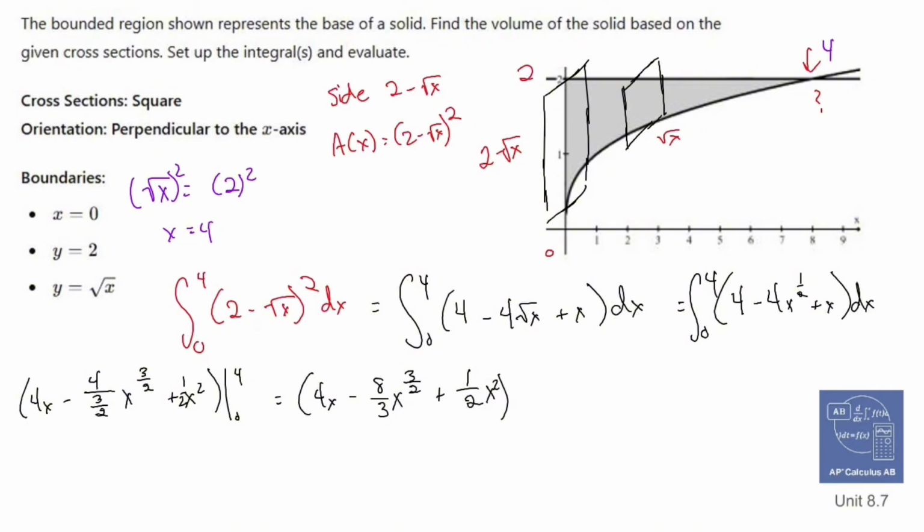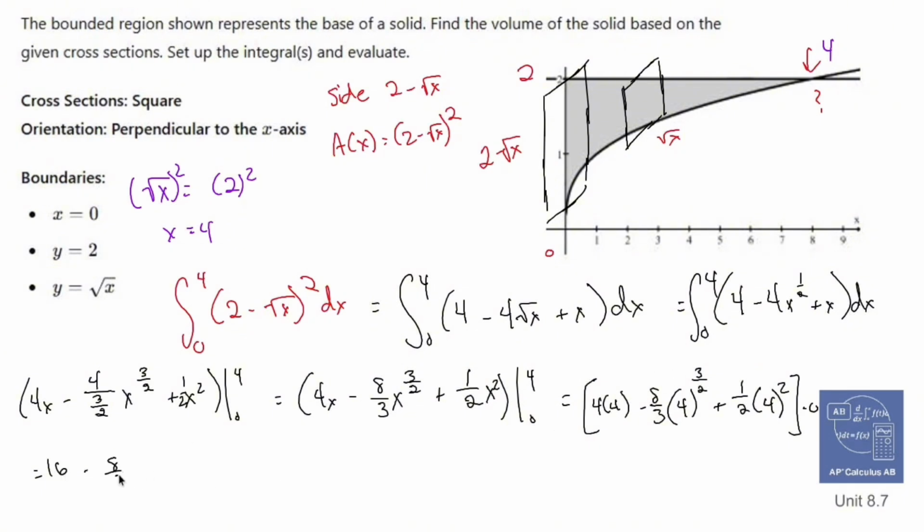Now the nice thing about this guy is, if there's a positive anywhere, here's a light at the end of the tunnel. When I plug stuff in, I'm going to have 4 times 4, no big deal. Minus 8/3 times 4 to the 3/2, that's very unpleasant, plus 1/2 times 4 squared. If I were to do the minus and plug in 0, it's all going to become 0, so we'll just say minus 0 and save some time. Okay, u becomes 16